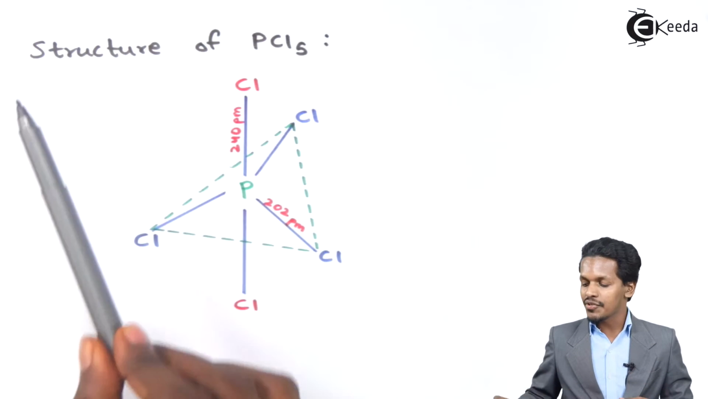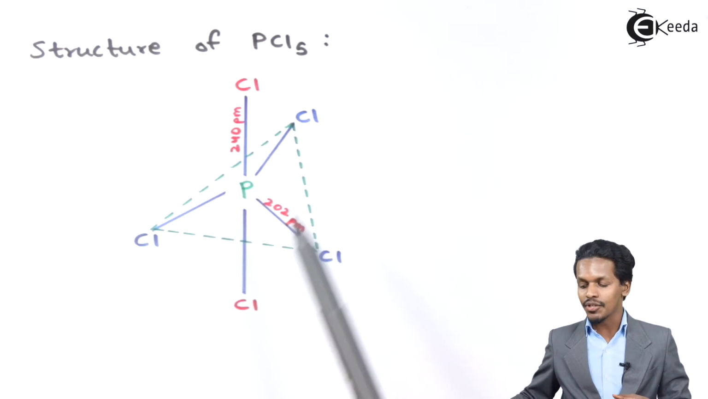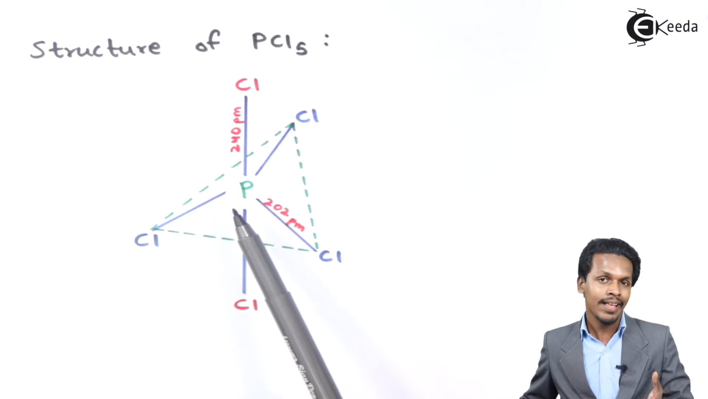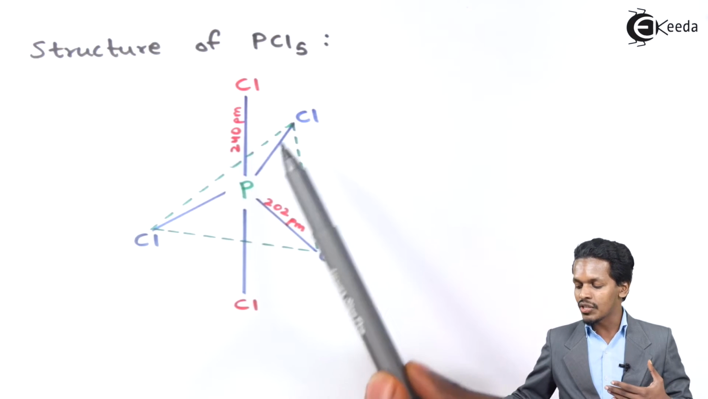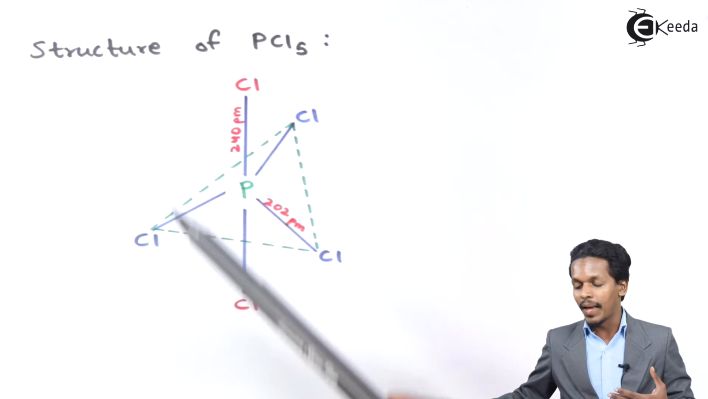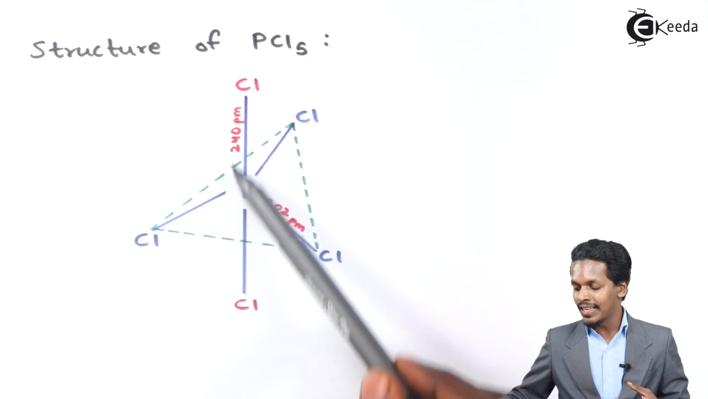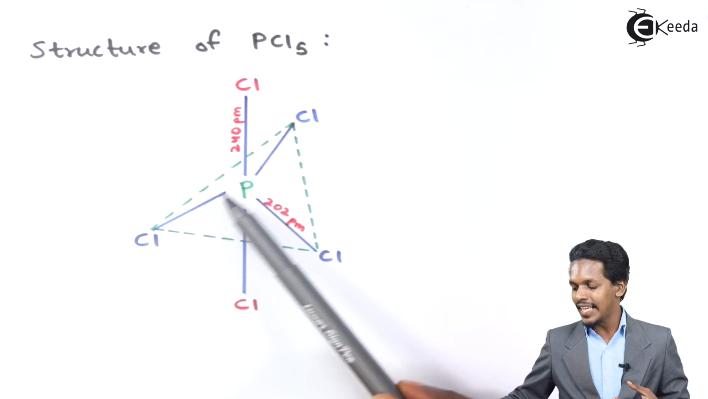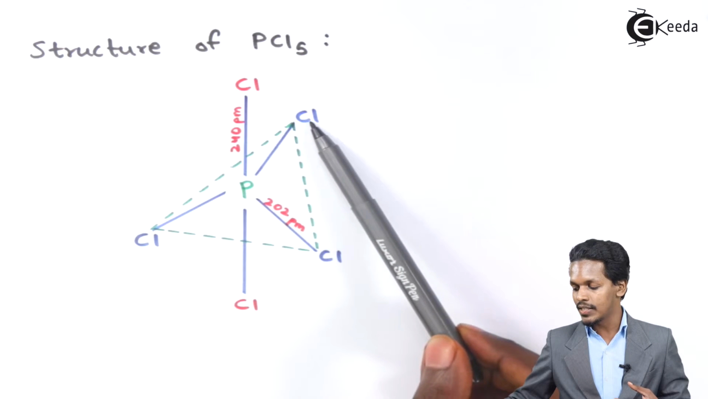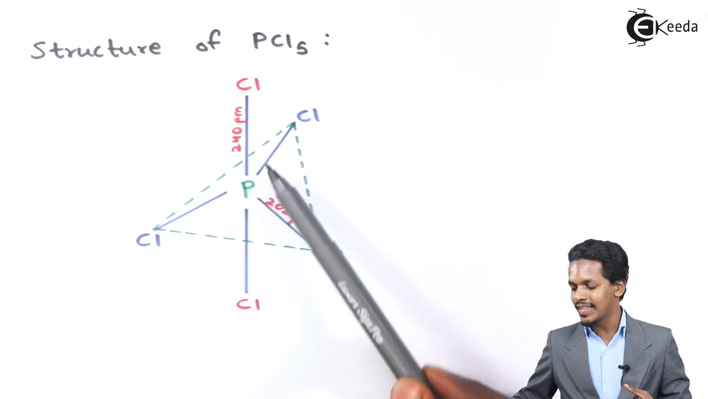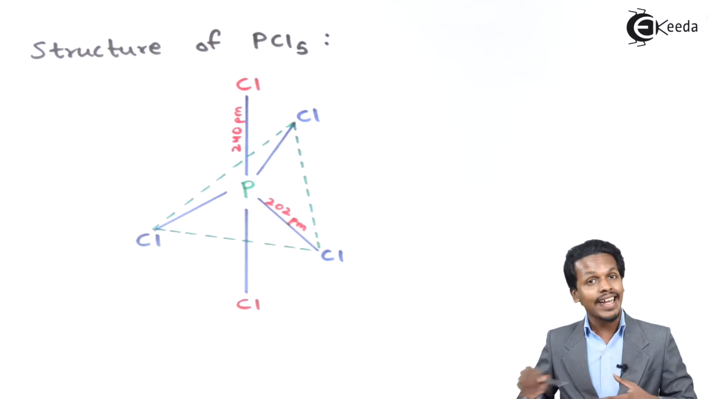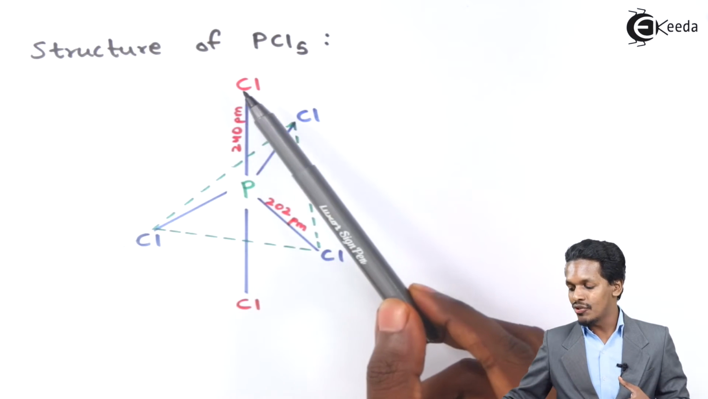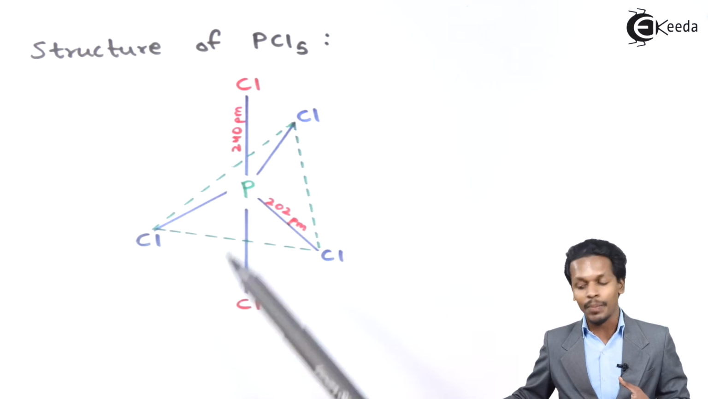Now let me talk about the structure of PCl5. This is the structure of PCl5, and in this case the phosphorus is sp3 hybridized. That's the reason we get a structure which is trigonal bipyramidal. Here, these are the equatorial chlorines, that is, three equatorial chlorines attached to this phosphorus that are on the plane, while these are the axial Cl, one above the plane and one